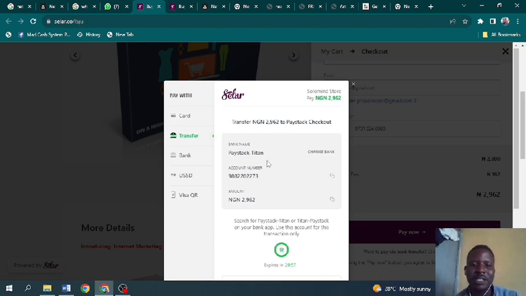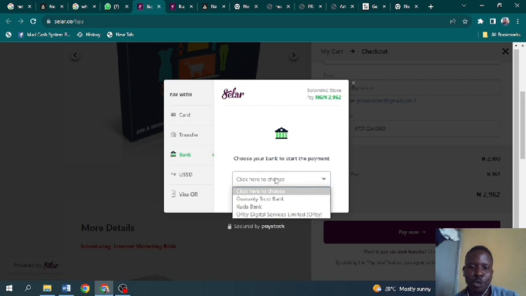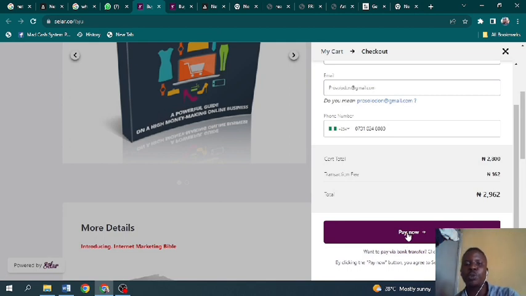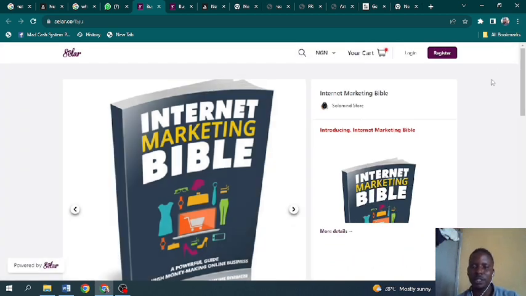So this is a Paystack account. You pay to this account. You can also choose bank transfer, and choose which bank you want to transfer to. It's still your choice. Once you make the transfer, you will download it. Once you click pay, it will send you to this platform where you will get this book on your dashboard. They will automatically send it to the email address that you have already provided, or if it's to your WhatsApp number, it will automatically